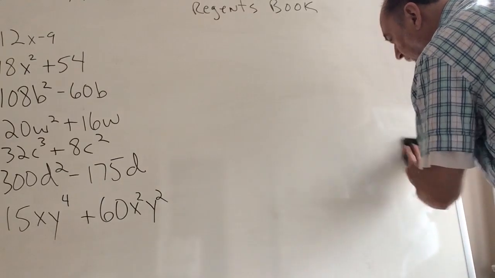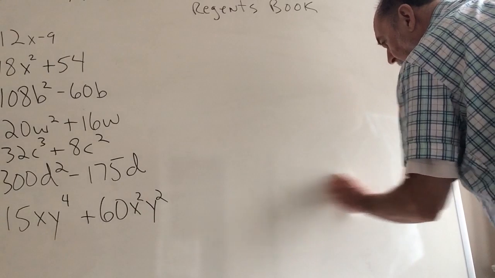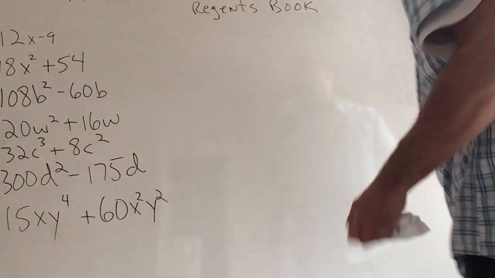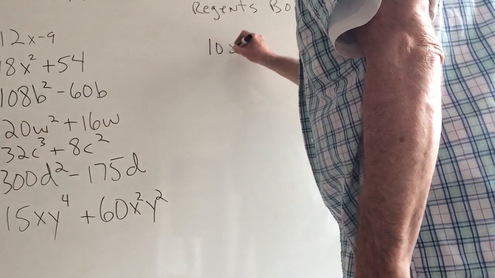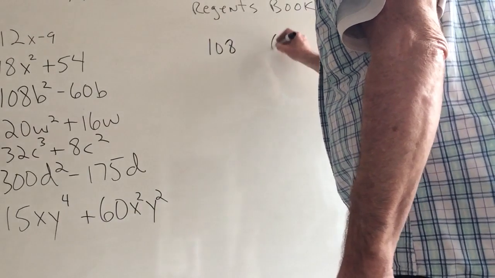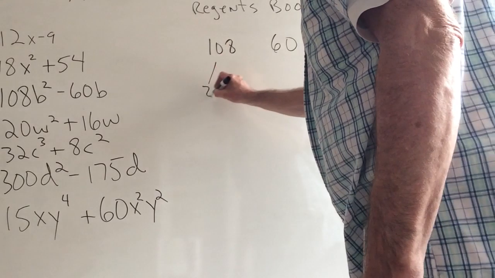Okay, I go on to the next one. I might speed up a little here. On this one, it's not obvious what the GCF is. So I'm going to quickly do the math. Kids who are good in math will see that it's going to be 12, but I can see,